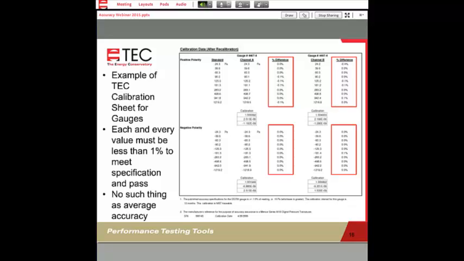You want to look at each individual value, and are all of the individual differences less than 1%. When they are, then you have a 1% accurate gauge.